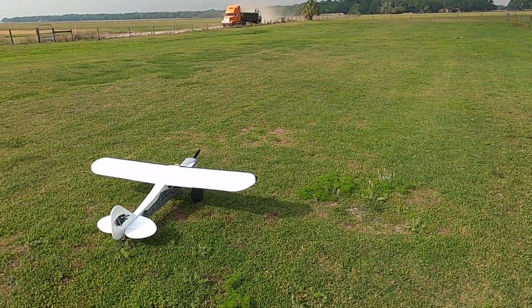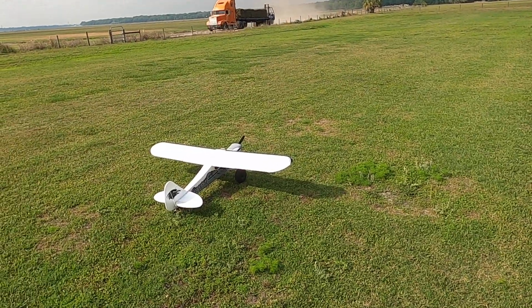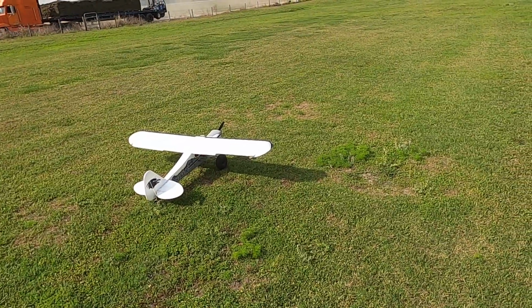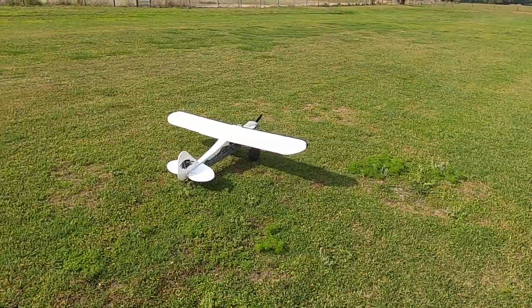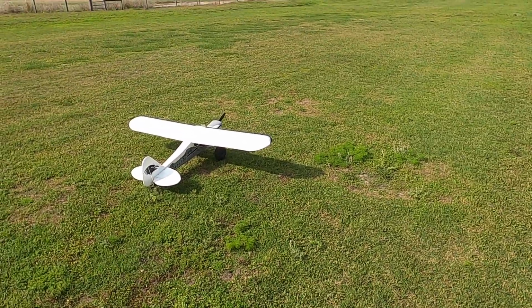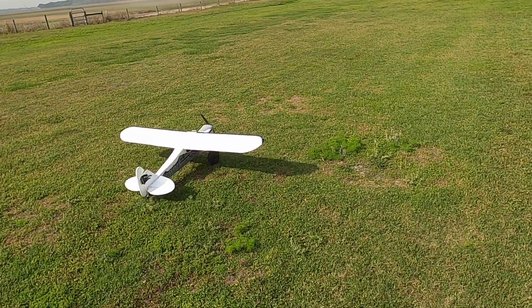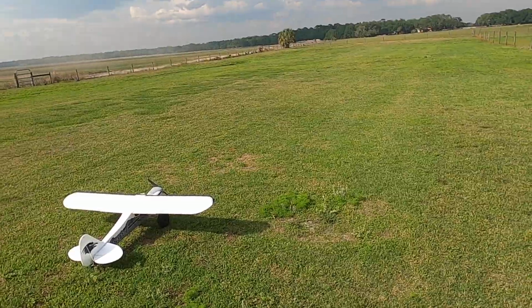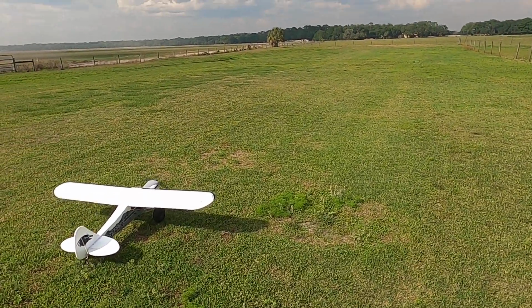We're out here at the Ridge Barnstormers cow pasture. We're going to take up the FMS PA-18 Super Cub, and already performed a range test. Okay, we got right, we got left, we got up, we got down, we got right, we got left, and all the flaps and everything working. So without further ado,